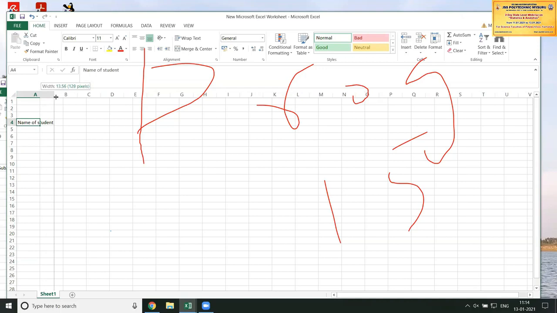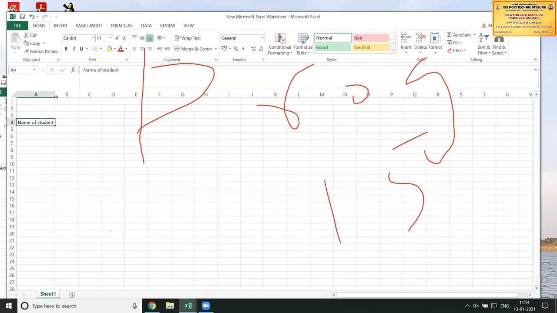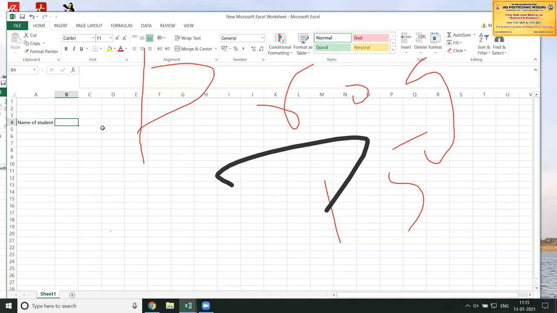So I'm clarifying: actually, they have asked you to take two livestock populations for 50 different houses, or for your convenience, you can take any data. I'm taking the student marks, that's all. I'm not taking the two livestock populations. Other than that, I'm taking the student marks as the data here. So first I'm creating the table. To create the table: first name of the student, next subject 1 and subject 2. I'm taking two different subjects here.